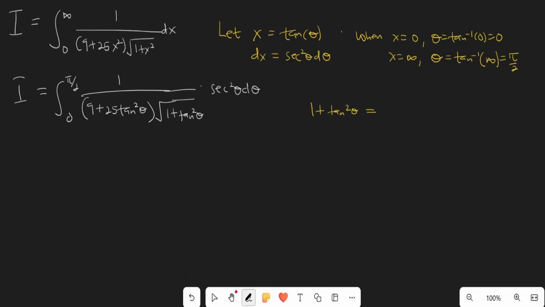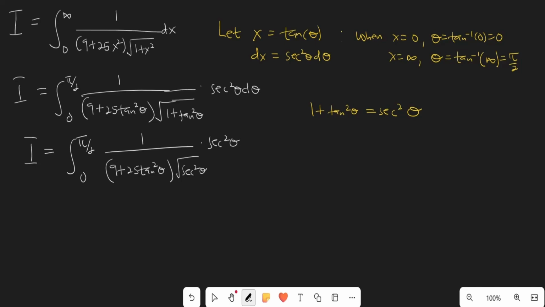Now that we have this, we have to know the identity that 1 plus the tangent square of theta is equal to secant square of theta. So we can plug that into our integral. So the integral is going to be equal to the integral from 0 to pi over 2 of 1 all over 9 plus 25 tan square of theta, and this one is the square root of secant square of theta